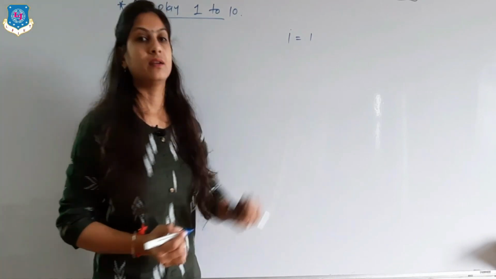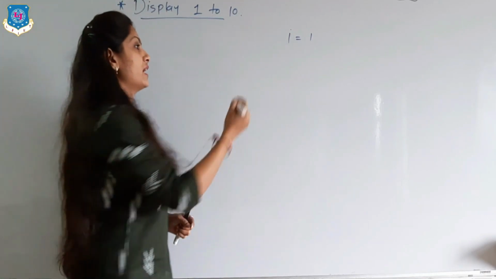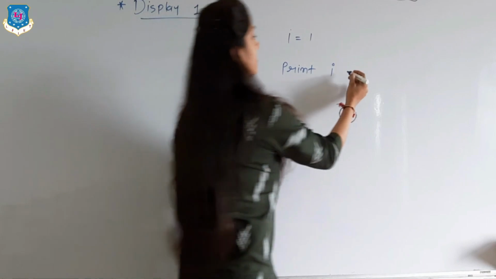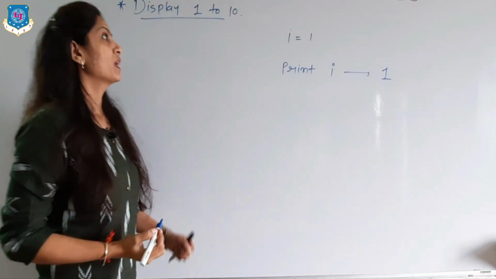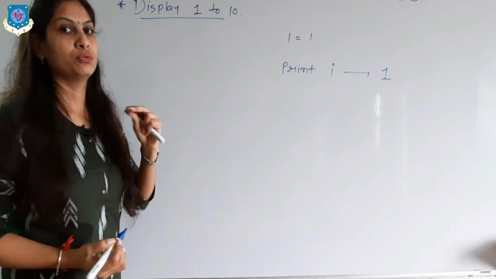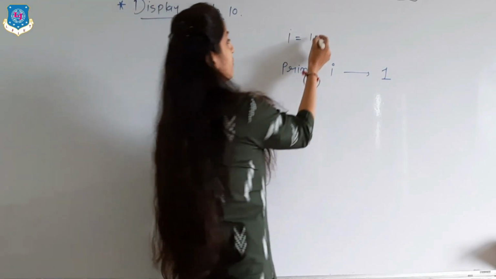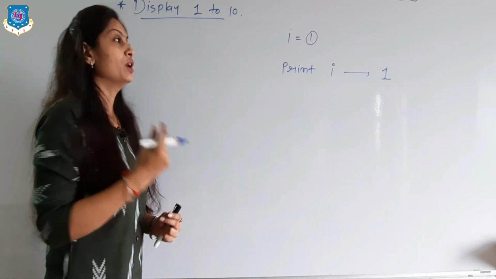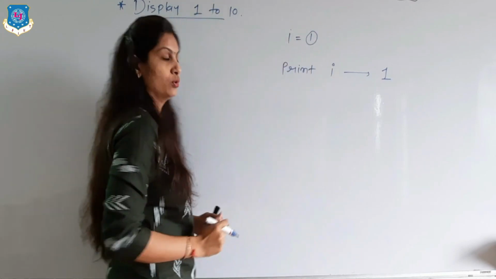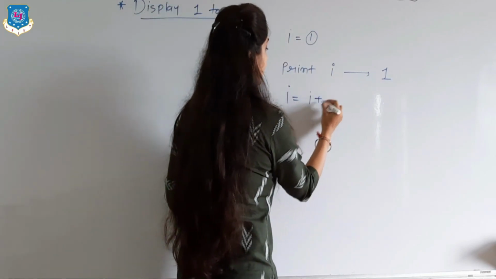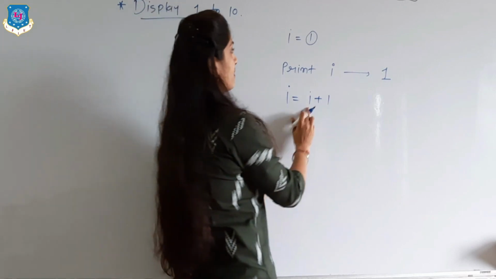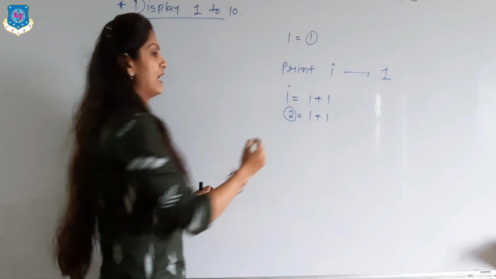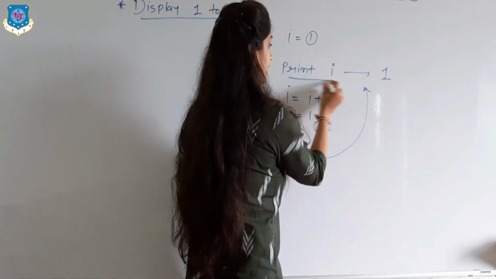So I equals 1, that is stored first, and then we have to print this value, that is print I. So what happened? The print I means 1 is displayed. Now we have to print 2 up to 10. So for that what do we have to do here, simple, if we add one more to 1, then what happens, 1 plus 1, that is 2. So the formula is just like this, I equals I plus 1. So the I value is now 1 plus 1, that becomes 2. And the value 2, that again we have to print here.